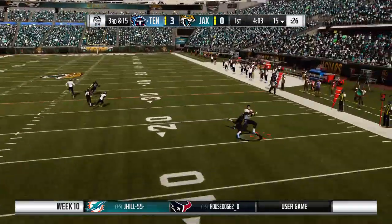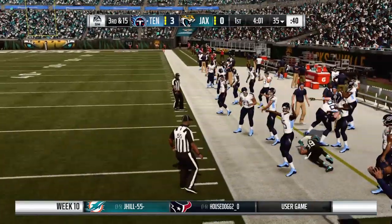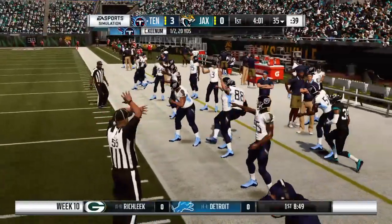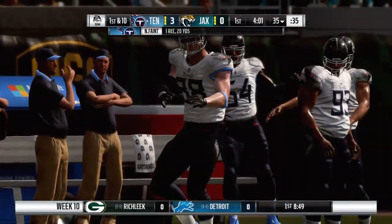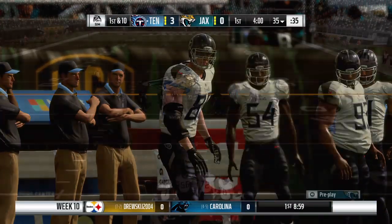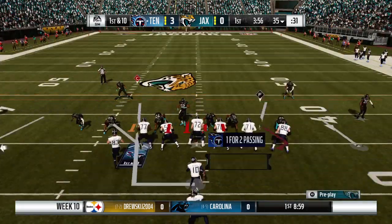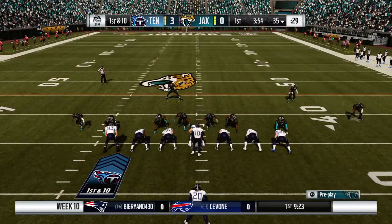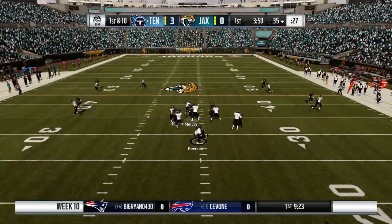3rd and long. It's Keenum. It's a short one here, complete to his tight end. It's a gain of 20 and picking up the first. Just the first quarter, but tackling is going to be so important going forward. They've got to limit plays like that. And that's something when you see it happen early in the game and they don't get him on the ground, you can always tell that they're...